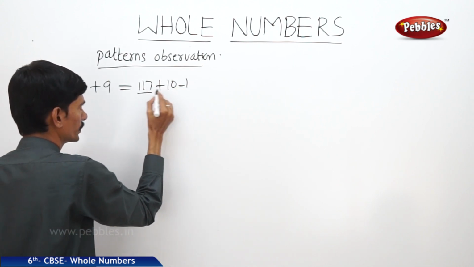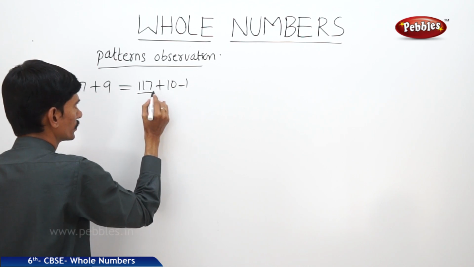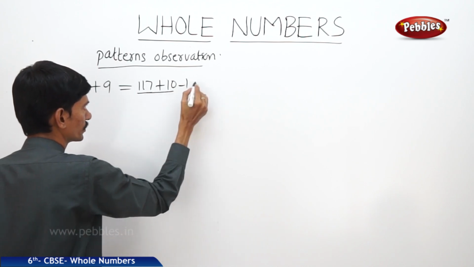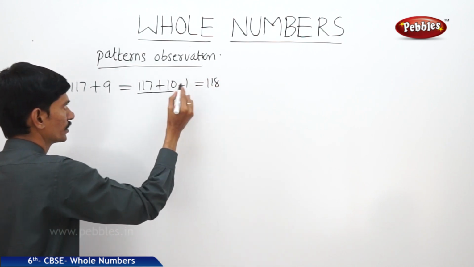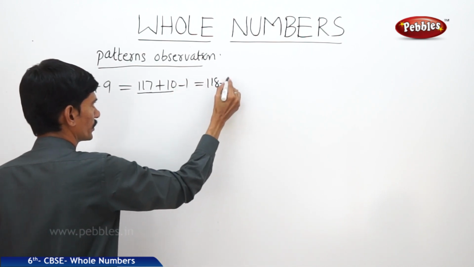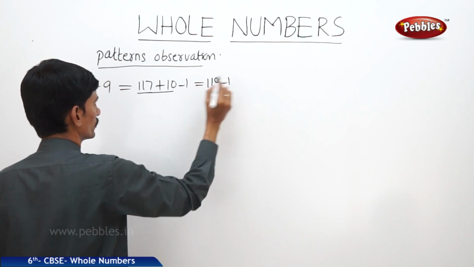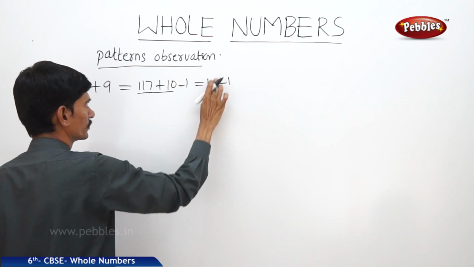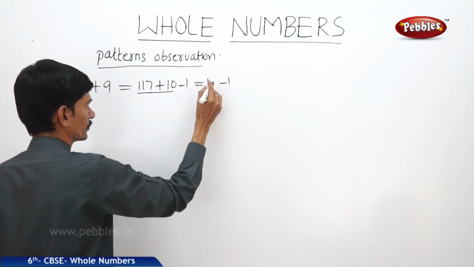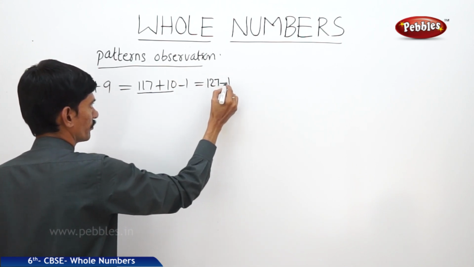So if you group 117 plus 10, then we get 127, minus 1 is